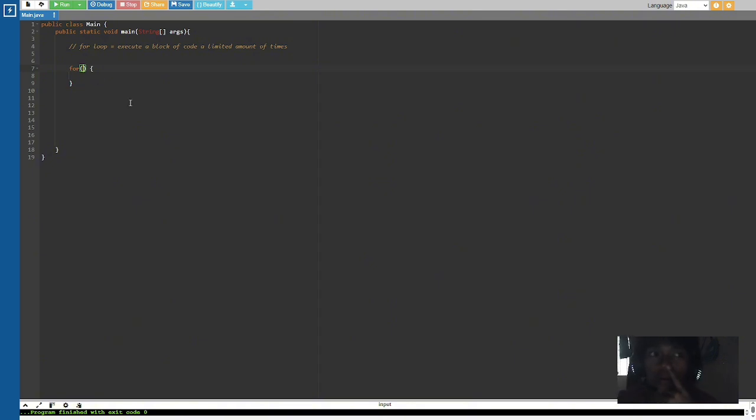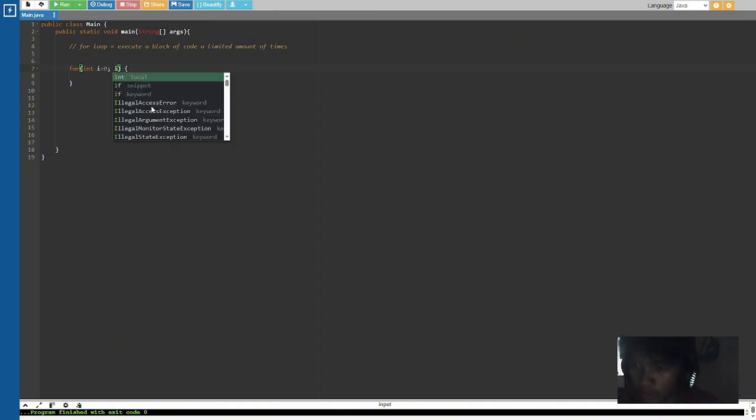So what if I want to count 1 to 10? So let's declare int index is equal to 0. Most people only use i to make it shorter. So that's your first statement and the next is where your condition is.